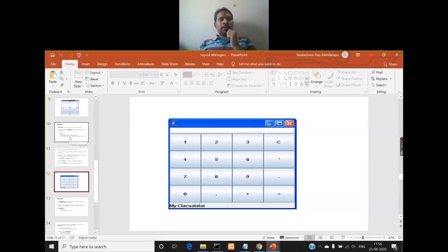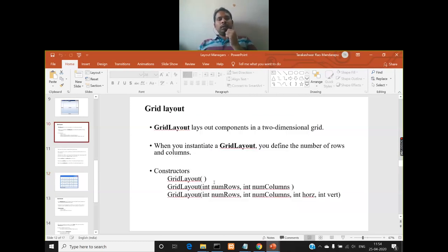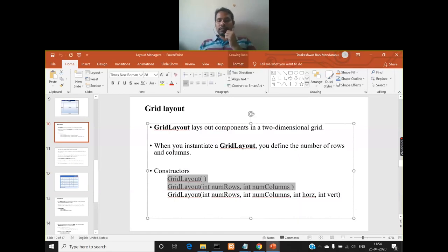So let us go to the grid layout class. This grid layout class provides us with three different constructors. The first one is the default constructor. It will simply use a grid layout, but it will not allow you to specify the number of rows and number of columns that you want to have in your applet window. Okay.